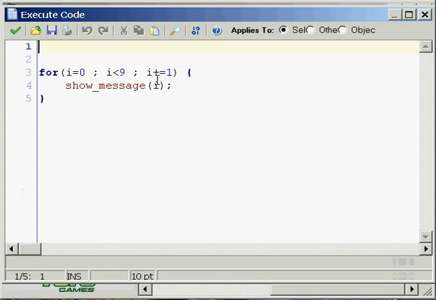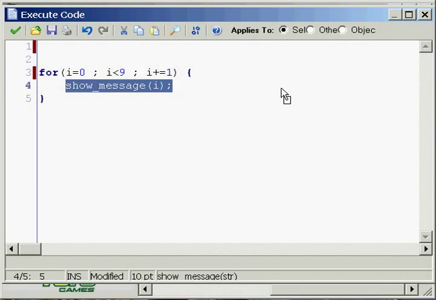And that was 9 times it went through counting 0. Because 0, 1, 2, 3, 4, 5, 6, 7, 8. That is 9 times. So if we wanted it 10 times, we'd go from 0 to 10, and it would go all the way up to 0, 1, 2, 3, 4, 5, 6, 7, 8, 9, and stop. So there you go. So that's all there is to it. I mean, you could,